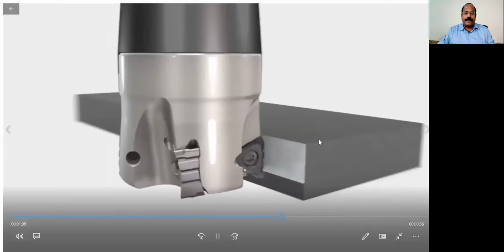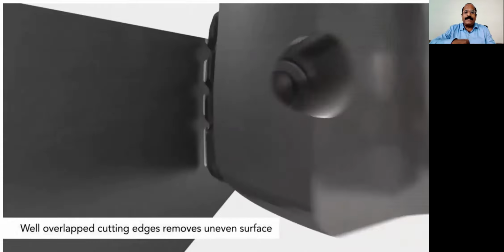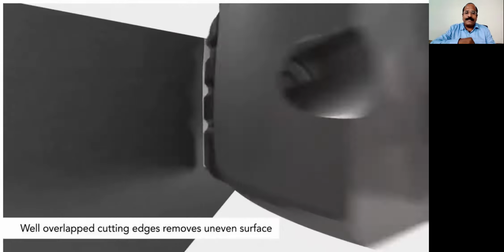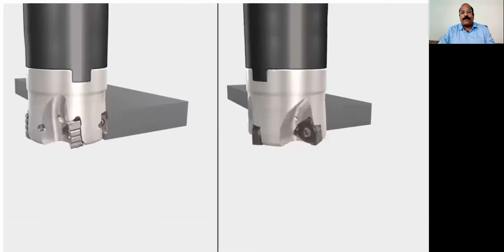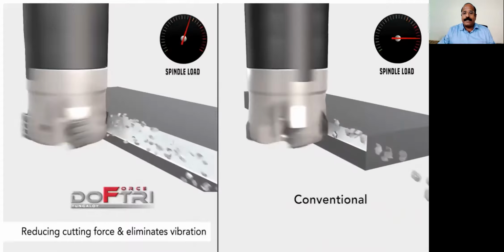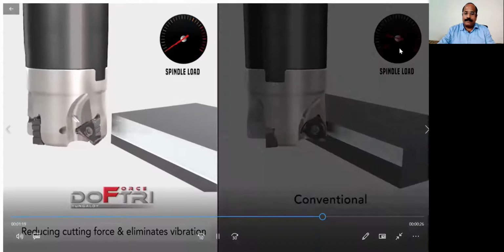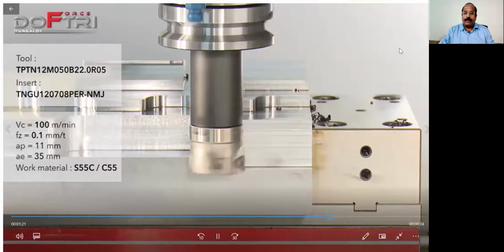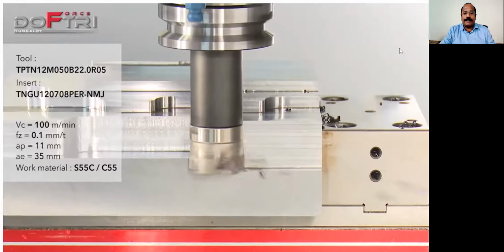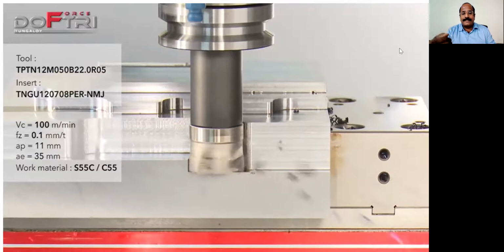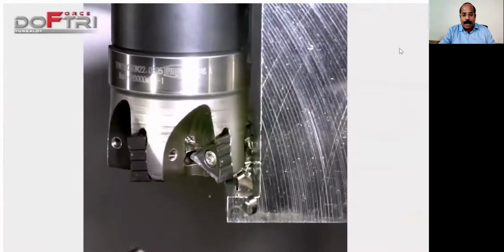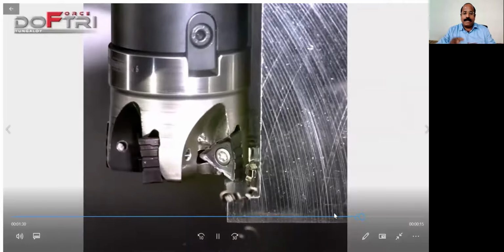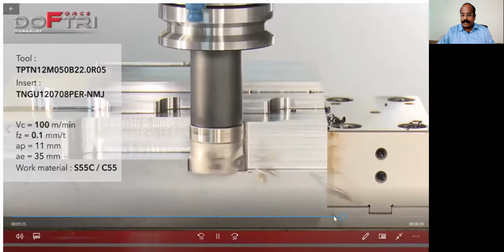This is the shoulder milling cutter, wherein the sides are machined effectively, and both the sides as well as the bottom can be machined. In this animation, you can also see the reality here. Now you can see this is the shoulder milling cutter, which machines the sides and also creates the bottom. You can see the 90-degree shape has been created. You can see how the cutting is taking place.